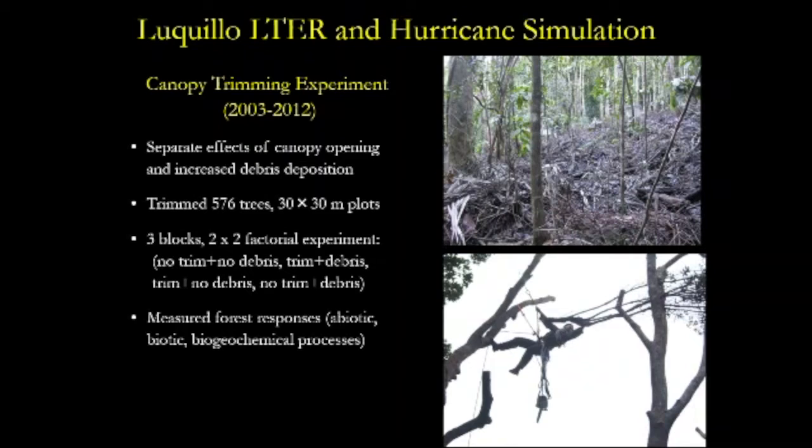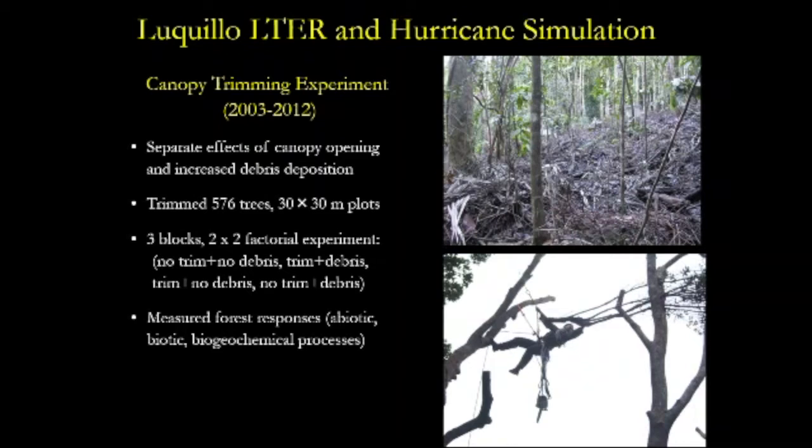We trimmed almost 600 trees in 30 by 30 meter plots. These were a total of 12 sites where we randomly assigned this experiment on a 2 by 2 factorial. The two treatments were trim the canopy versus not trim the canopy, and deposit the debris in the site versus not doing it. That will give us four